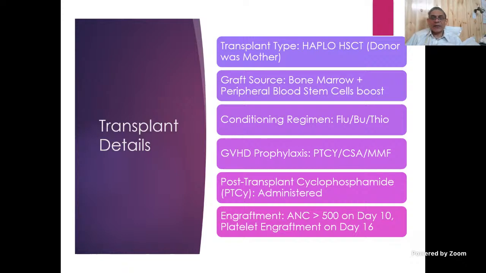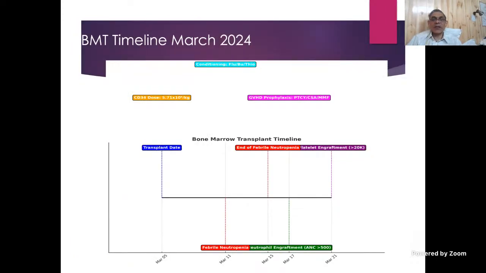And luckily, things went off well with this kid. As you can see in the timeline, this transplant took place in March of 2024. So it's just slightly short of a year since the transplant took place. Total CD34 dose of both the marrow and the PBSC worked out to be 5.7 million. And she engrafted on day 10 as far as the neutrophils were concerned, and day 16 as far as the